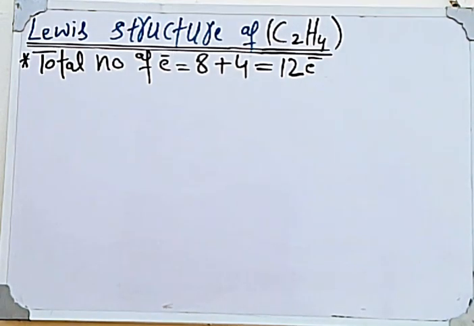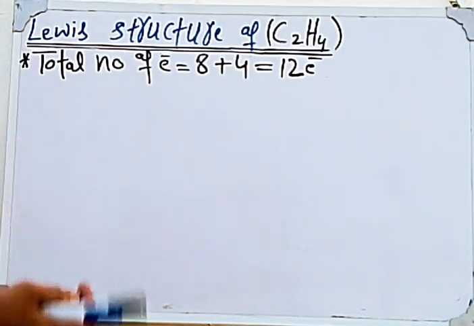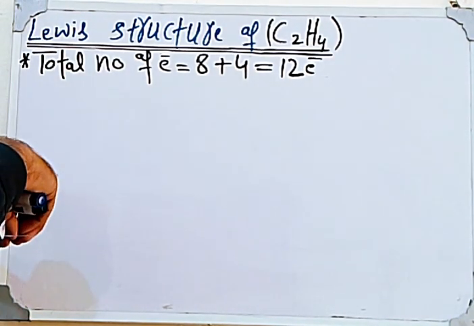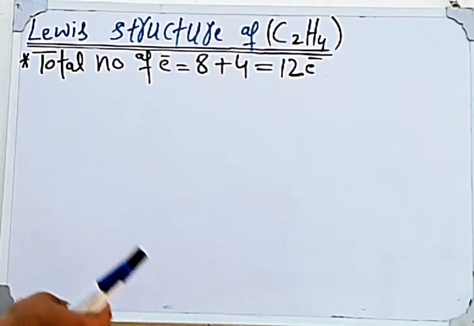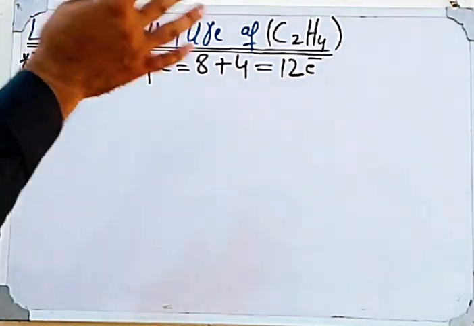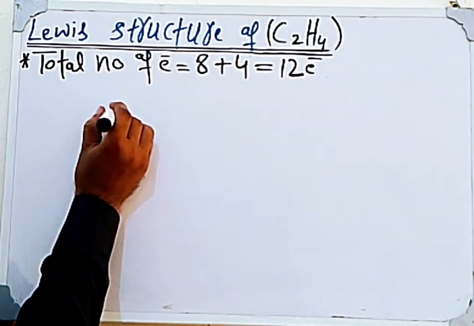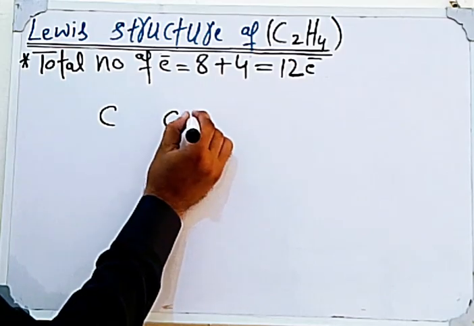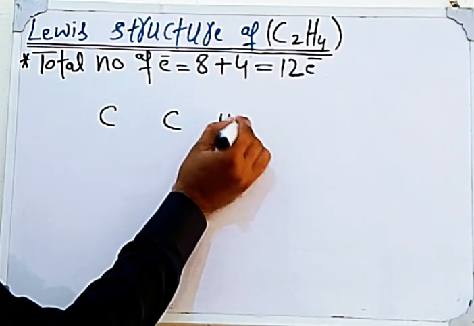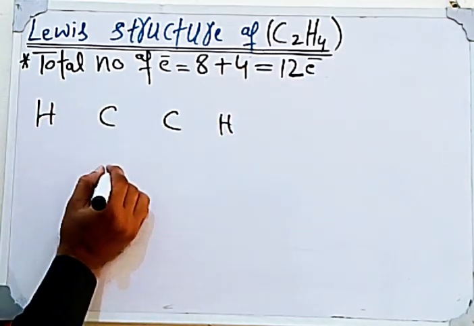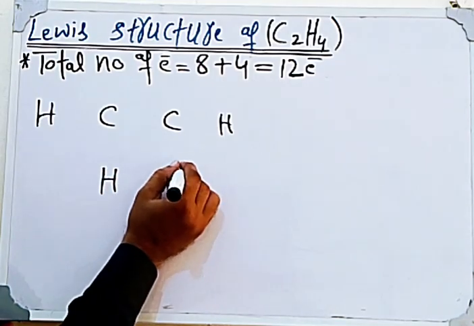So the second rule is that the less electronegative atom is present in the center. But the other rule is also that hydrogen is present outside the molecule. So in this way, carbon is present in the center. Now,